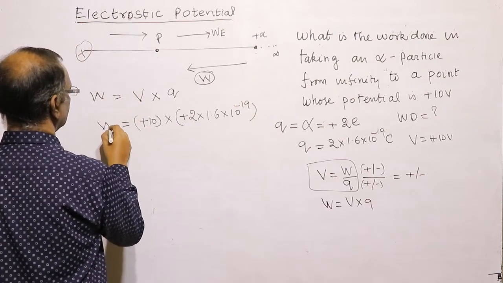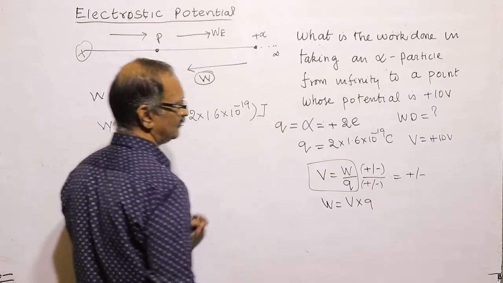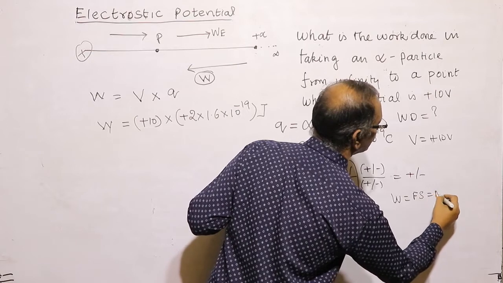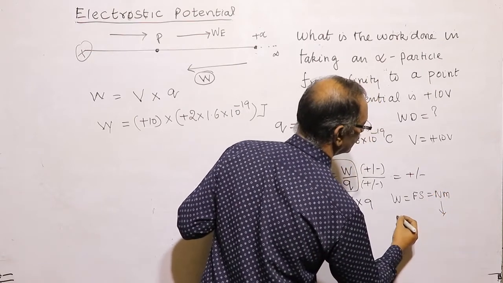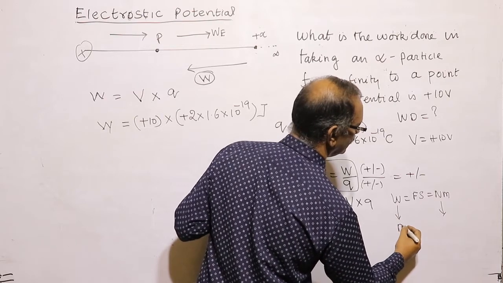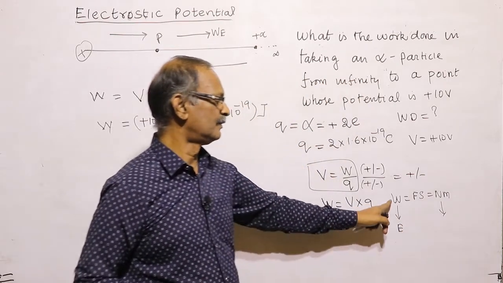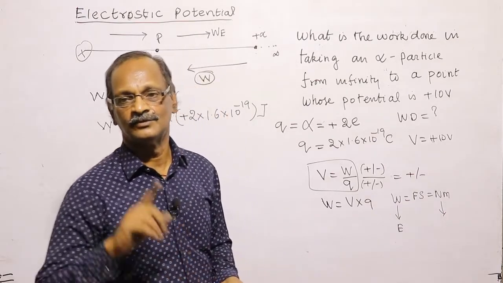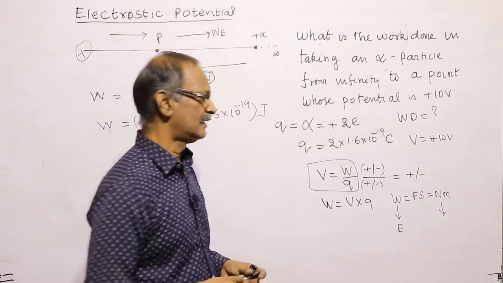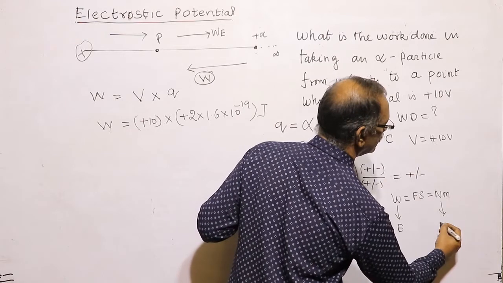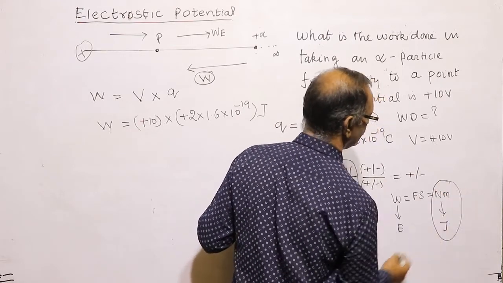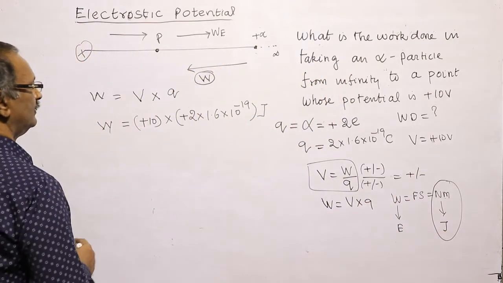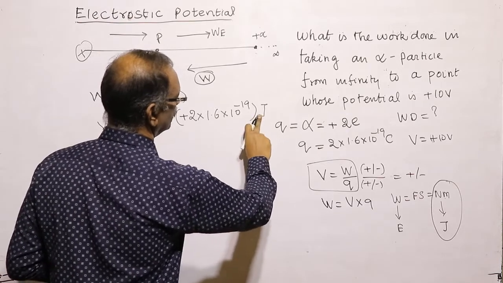So the work done is in joule. So you will have confusion: what joule? Work done is equal to force into distance, which is Newton into meter. The work done is converted into an equal amount of energy. That is the work energy theorem, work power energy in class 11. So Newton meter is a unit of energy. Both the units are the same. This is the mechanical unit for work, and this is the heat unit for the work done. So we can write it as joule or we can write Newton meter. Both ways we can write.